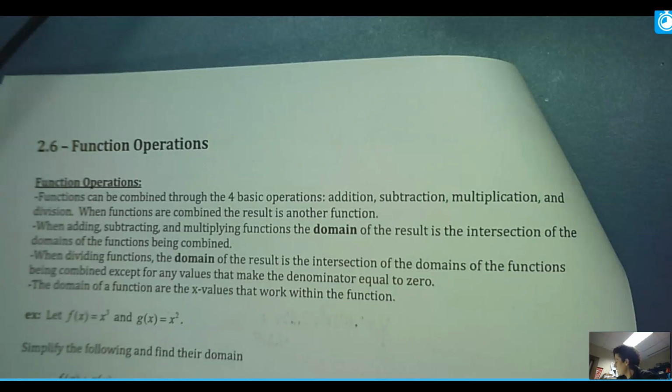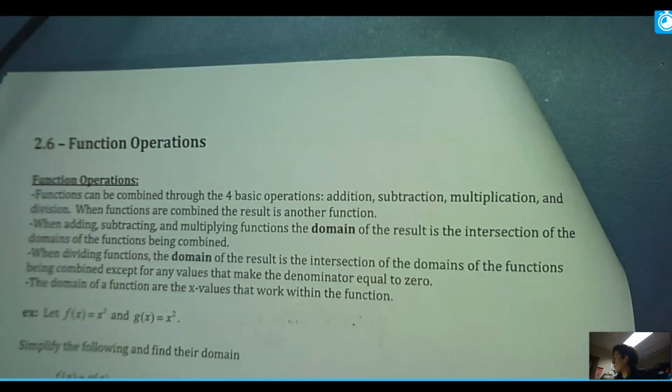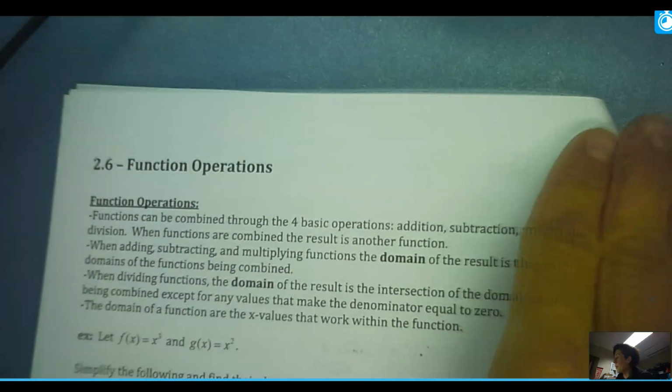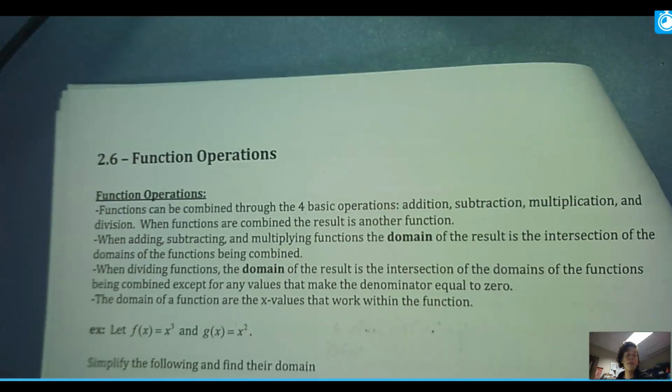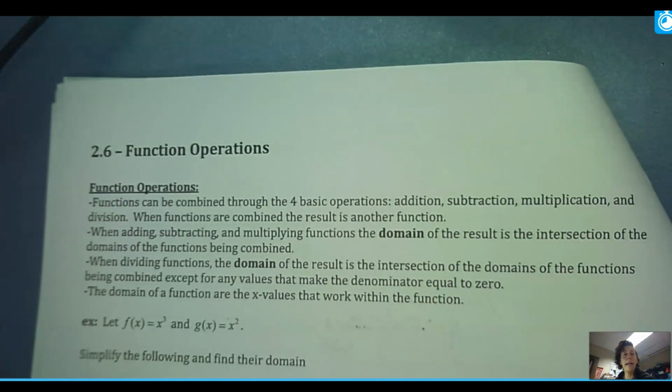Everyone, welcome. So in today's videos, we are on page 30 in our chapter 2 packet. We will be covering function operation. Again, when you're done with this video, you are asked to come back to our virtual classroom in the Zoom